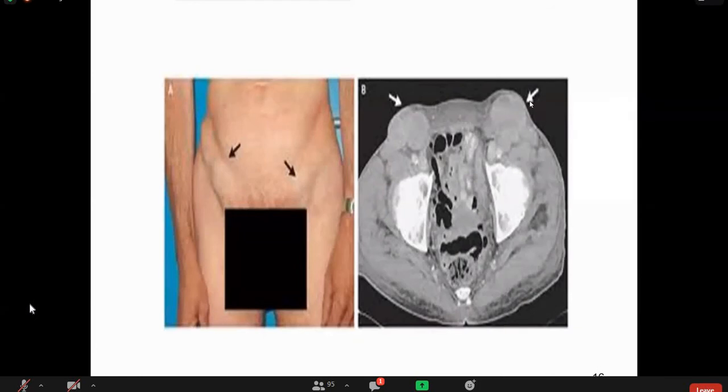So, radiological imaging of lymph nodes, the arrows are pointing towards the enlargement, and this is the morphological appearance of the lymph node at the inguinal area. I think the arrows are pointing very well towards this is the inguinal area, the right inguinal area, this is the left inguinal area, and you are able to see it like this in the imaging study.